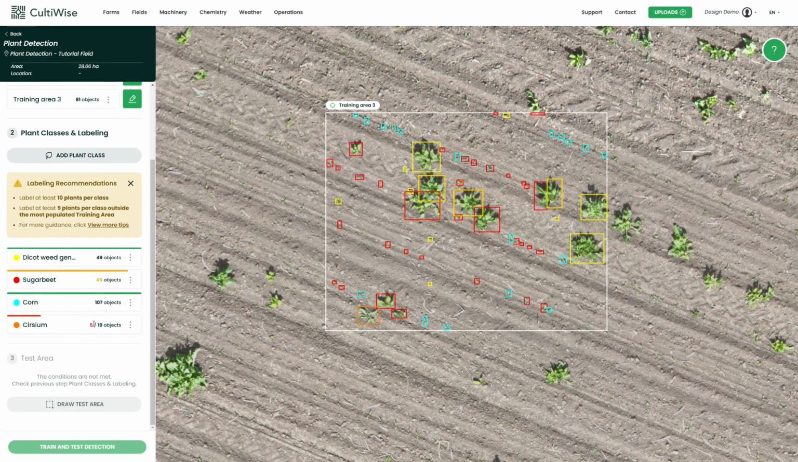You can monitor these conditions in Section 2, Plant Classes and Labeling. This section shows the minimum number of labels required per class to start prediction. For each class, you'll also see a colored progress bar positioned at the top edge. The color of this bar indicates how well the class is prepared for model training. If the bar is red, the number of labeled plants is insufficient and you won't be able to run detection. If the bar is yellow, the number of labels may be acceptable but not ideal. If the bar is green, the recommended amount of labels has been reached and you have the highest chance of